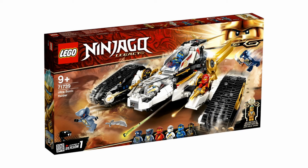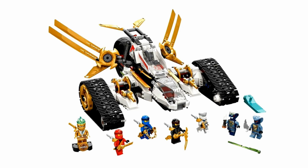I don't really like this set. I think that the original was better than the last one because the cockpits on the left and right sections of the middle were above the treads, and this one is just kind of between the treads in the middle. I don't really like that. It's also a bit odd how they have a normal Zane and a golden Zane figure. That's just odd. It's the first time and only time they've done that. But I also like how you get another Hypnobrai figure and another Hypnobrai character remake, Mesmo. That is really cool. I still think that the original one is better though,